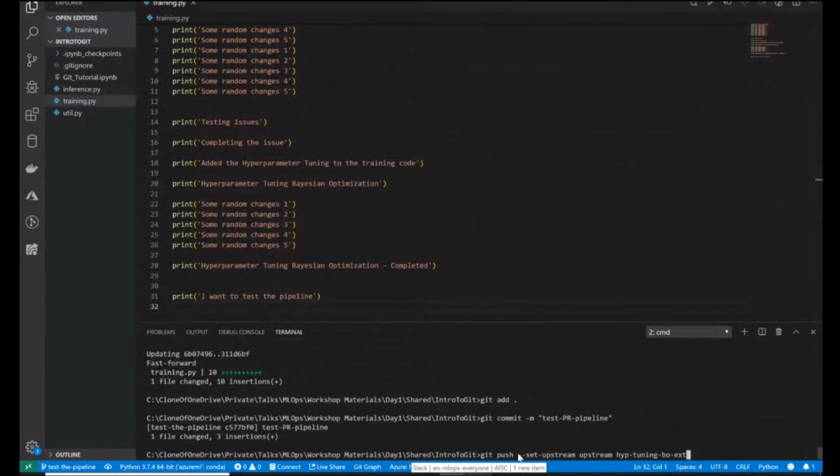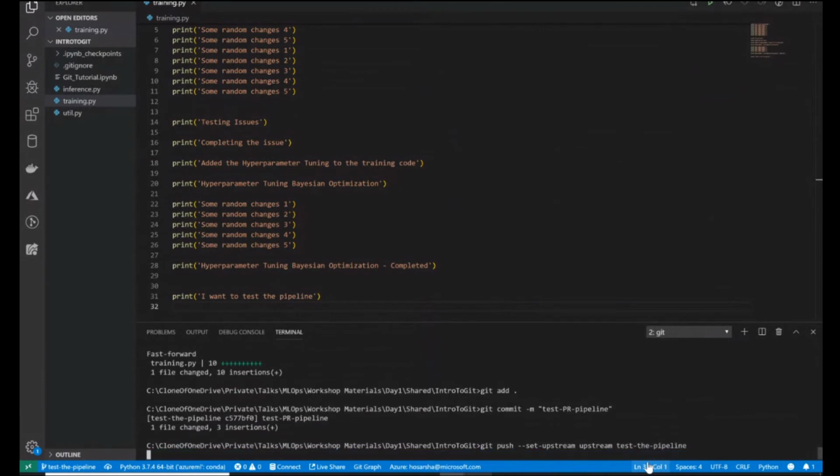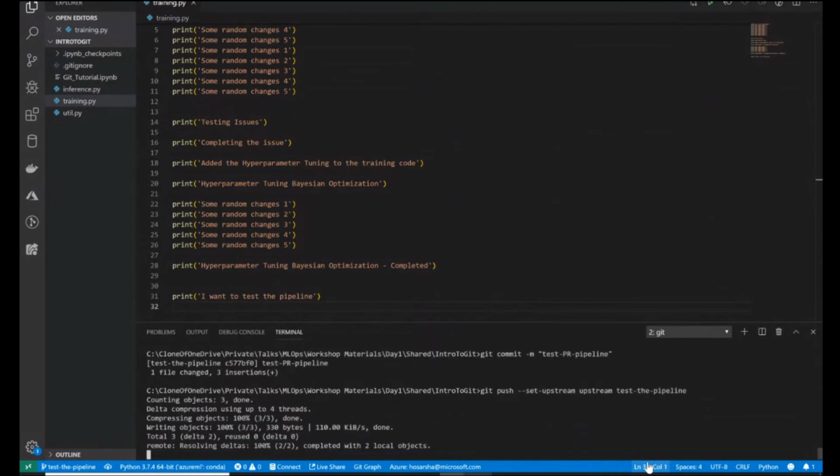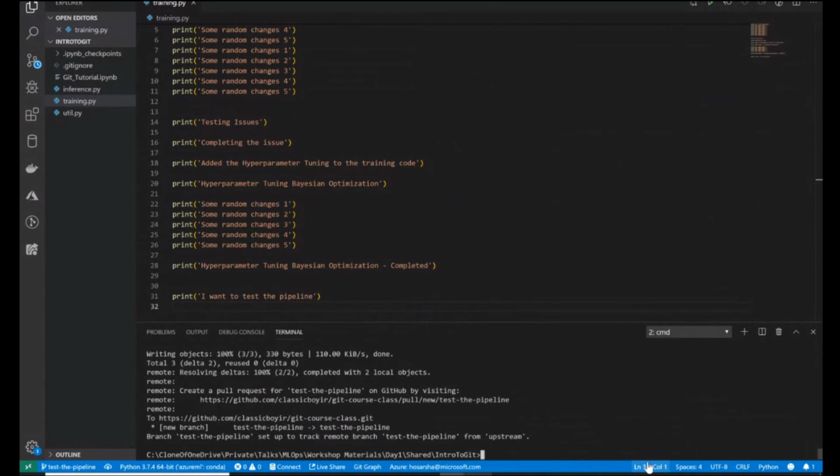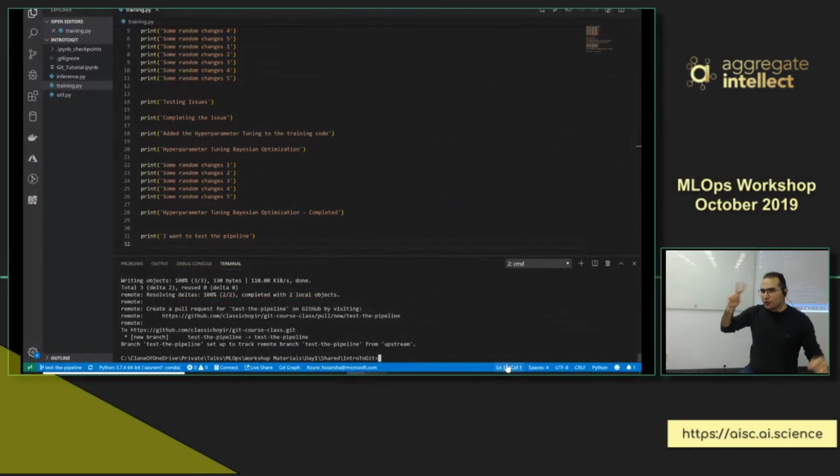And in order to add an upstream, I want to provide the name of it, which is test the pipeline, right? So I'm just creating the new branch here just to show you how the merge works and how the test will kick off. But if you remember, within the test, we needed two things. One, the requirements.txt, which needs to install the dependency, and the other one was a test folder, which inside there was a test